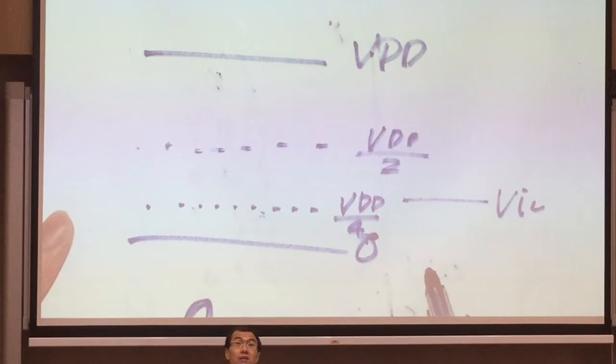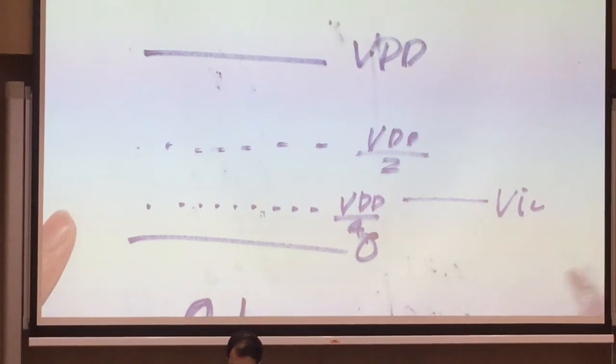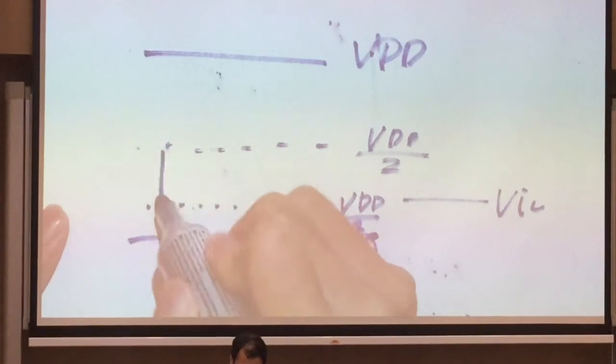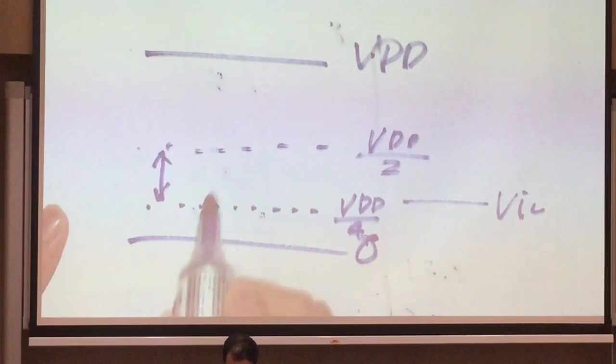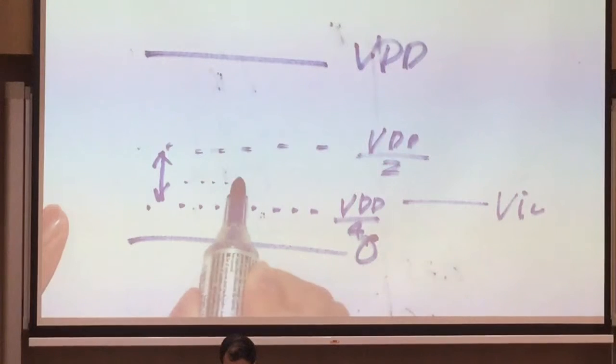Okay. So now if you compare V in and quarter VDD, V in is higher, right? So that means my second bit is 1. So if your second bit is 1, you know your V in is somewhere in between quarter VDD and half VDD. Now you check again the mid level